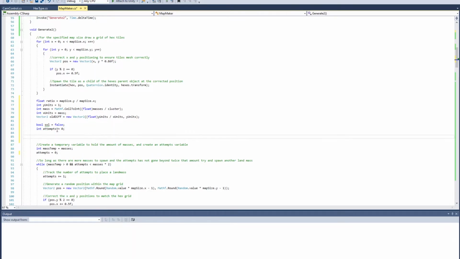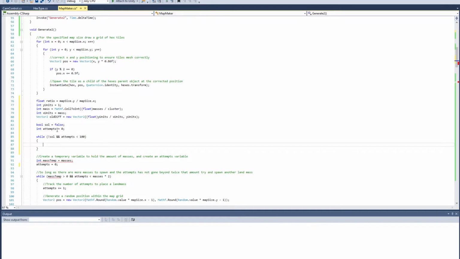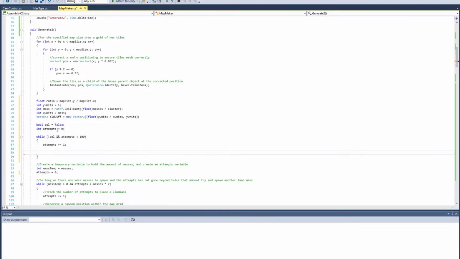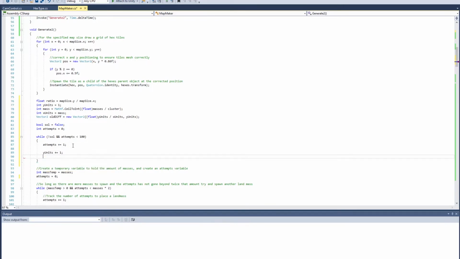And now let's set up our while loop that's going to try to find the optimal set of rectangles to fill in our space so that they're the closest to squares as they can be, and close in number to the number of boxes we want. That may have sounded a little confusing, but let's just jump into it, and hopefully you'll see how we're doing that. So we always rack up our attempts when we first start a while loop. So what we do first is add 1 to the y units, and then we make the x units equal to